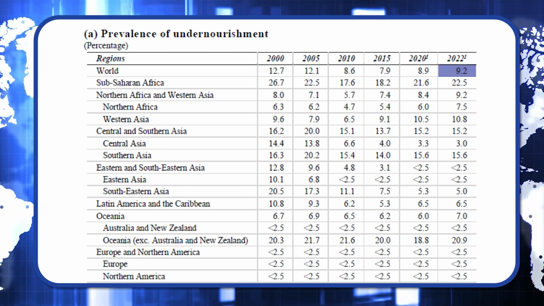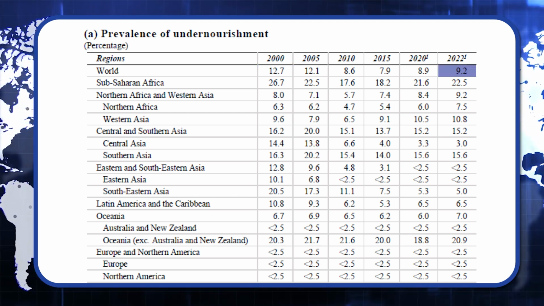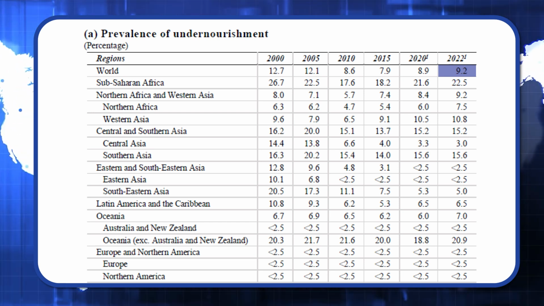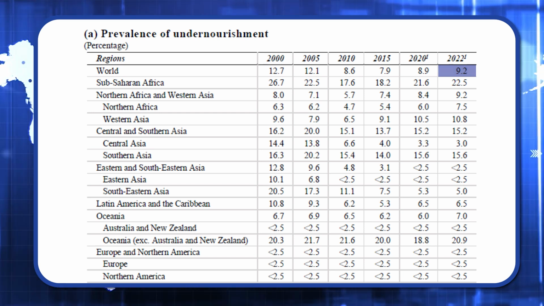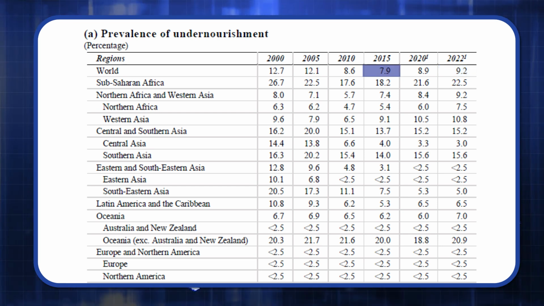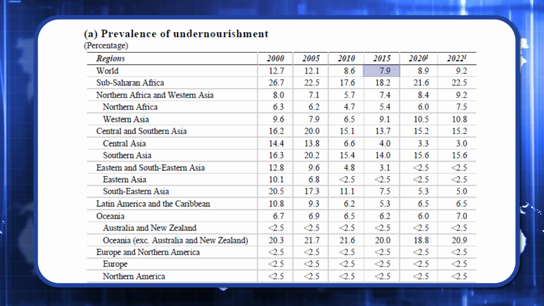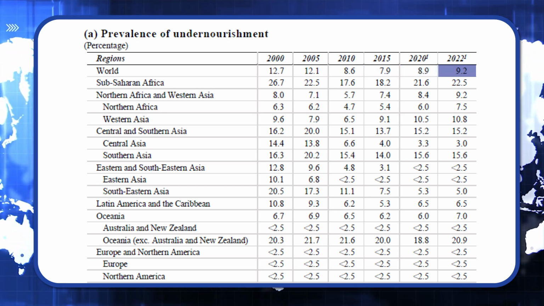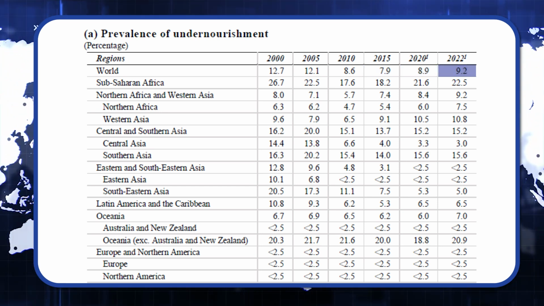But if you look from the day we implemented the Sustainable Development Goals, to be achieved by 2030, you will find that in 2015 it is 7.9%. So it is increasing to 8.9 in 2020 and 9.2 in 2022. So it is an alert to us. We need to progress well, and we have to find a proper implementation of different policy programs to achieve this.